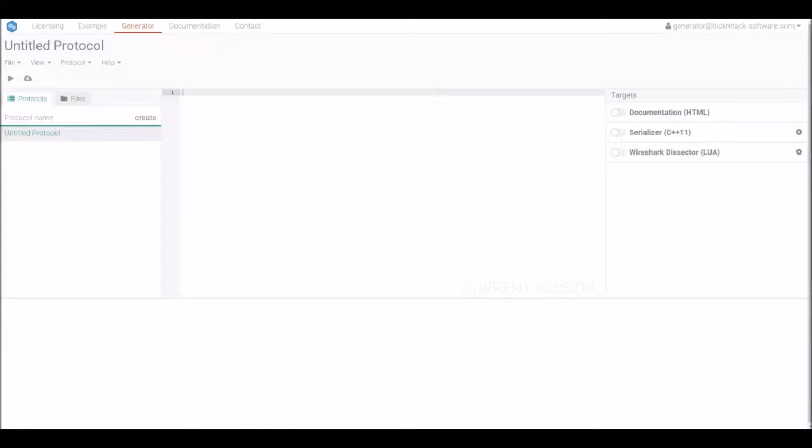So here you can see the protocol generator online platform, which is the cloud variant mentioned earlier. I will create the protocol and call it measurement device. And now begin to specify the protocol. I will not talk that much, but afterwards I will explain some details about the protocol implementation.